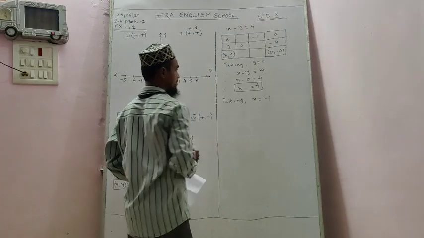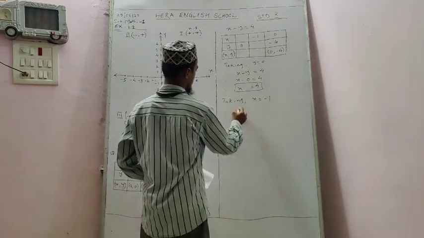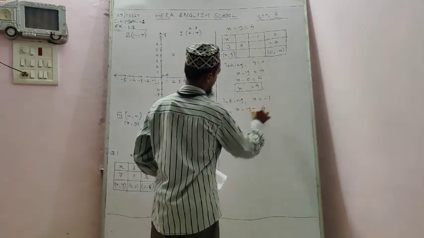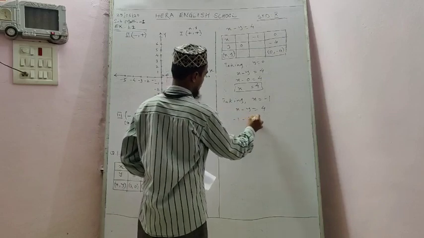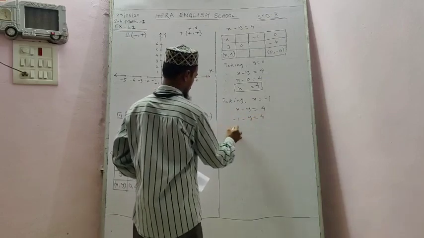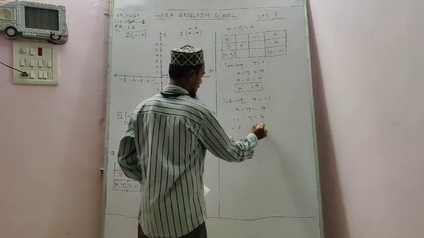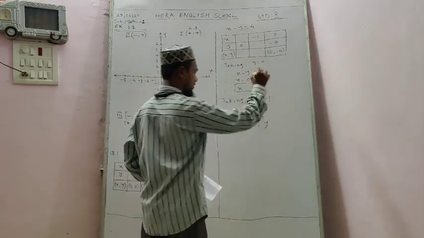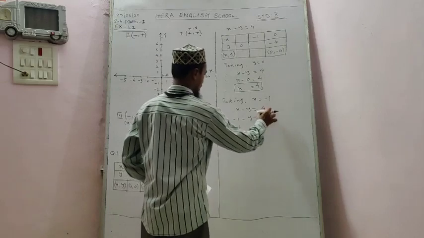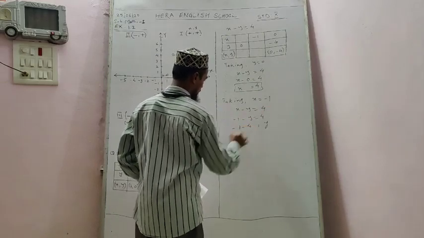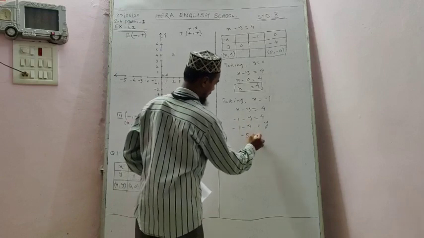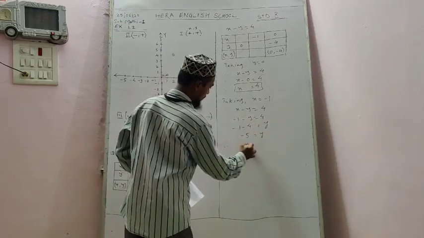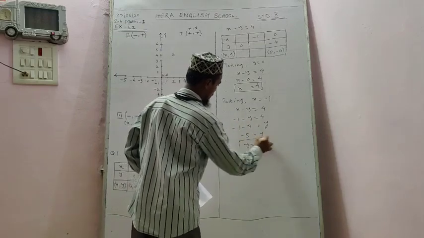We'll keep the value x minus 1 in the equation, x minus y equal to 4. X we have minus 1, minus y as it is equal to 4. Minus 1 as it is, bring the y, minus y, bring the y to the right side, you will get plus y. And plus 4 will bring to the left side, you will get minus 4. Minus minus plus means 4, plus 1, you will get minus 5. Means we got the value of y as minus 5.